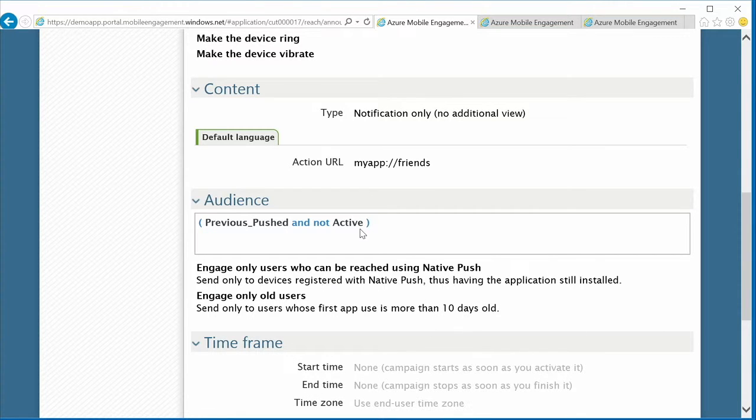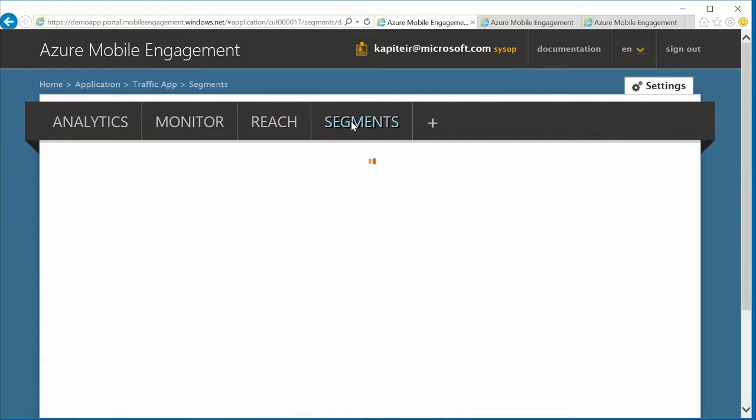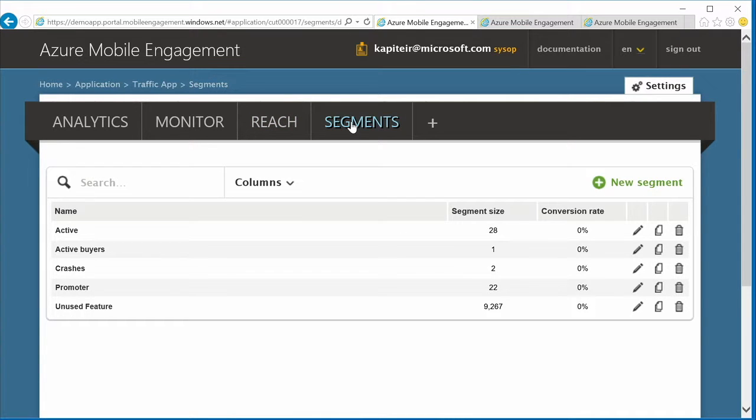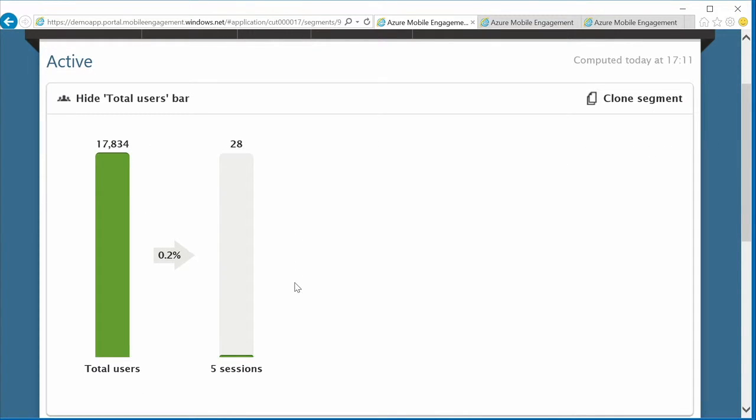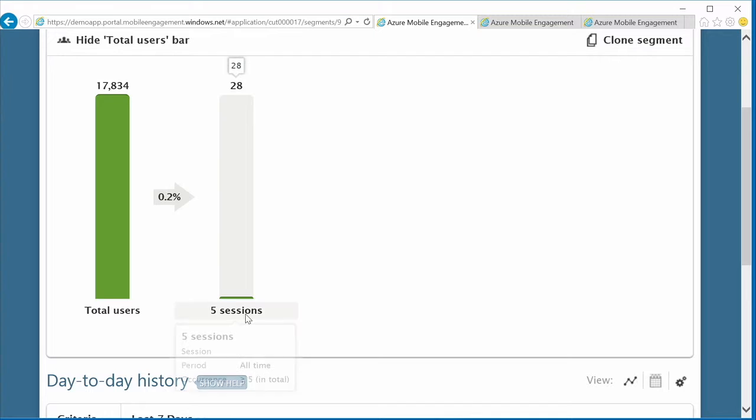So what does not active mean here? It's a part of our segment feature in mobile engagement, where within mobile engagement, you can define segments through behavior. And here, the segment we have defined is users who have made at least 5 sessions in their lifetime.